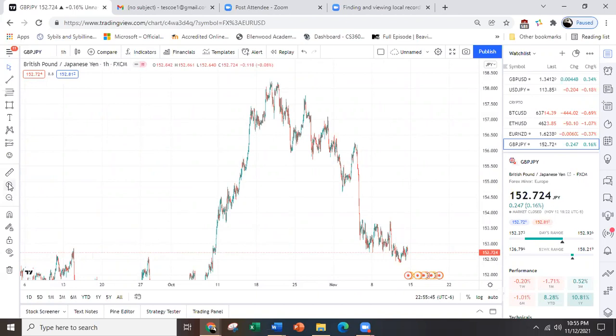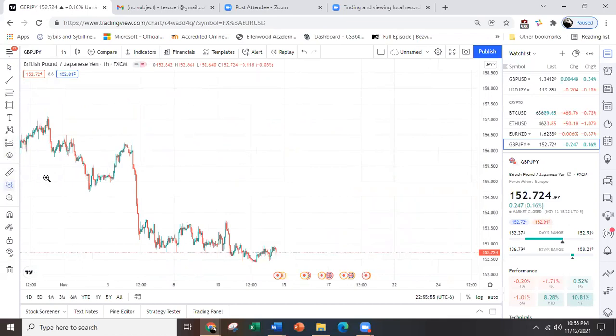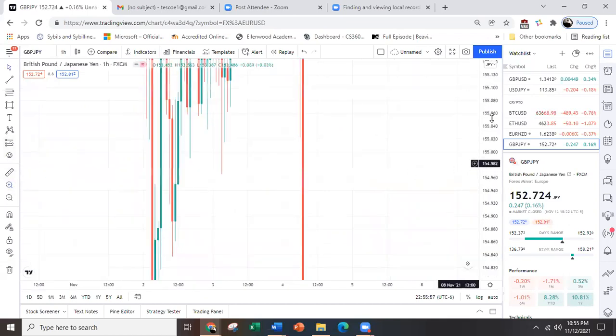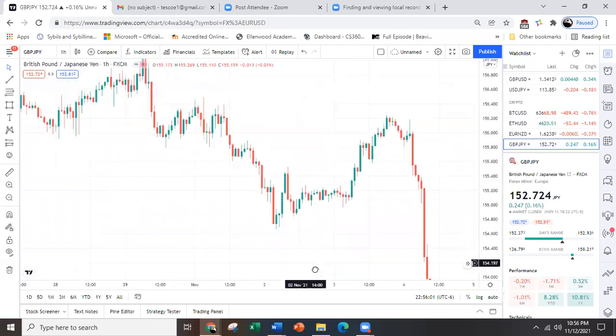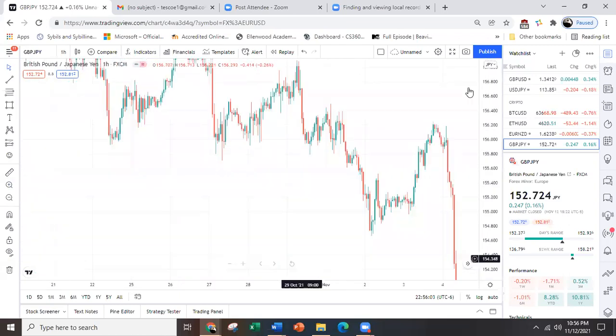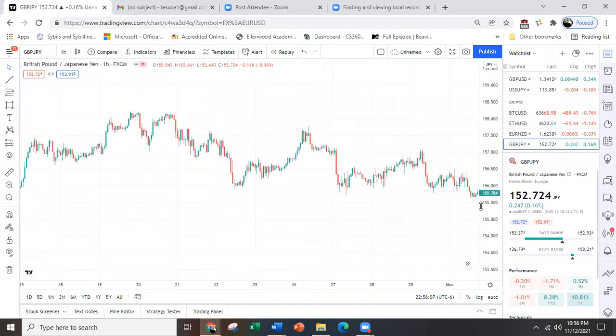Let's zoom in on the chart. Oh, that's the wrong button. My fault, y'all. All right, let's zoom in on the chart. And whenever we see certain moves like these up here,